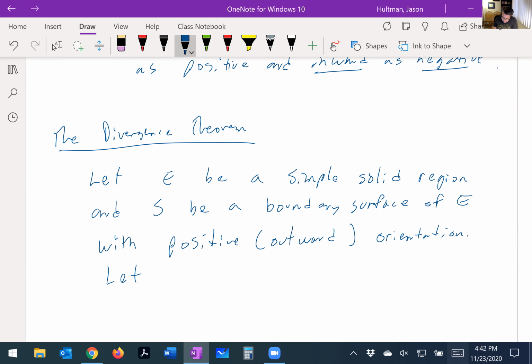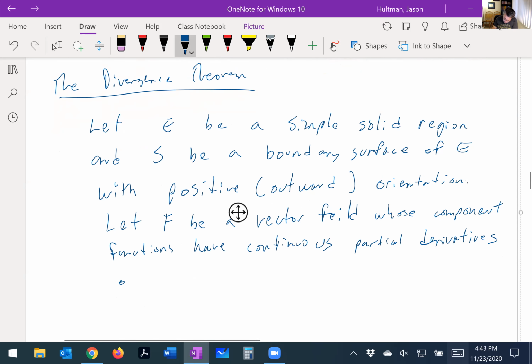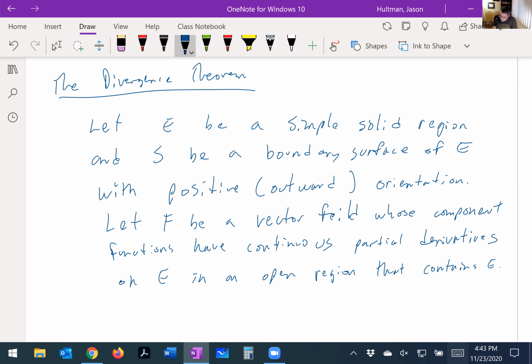Let F be a vector field whose component functions have continuous partial derivatives on E in an open region that contains E. Then